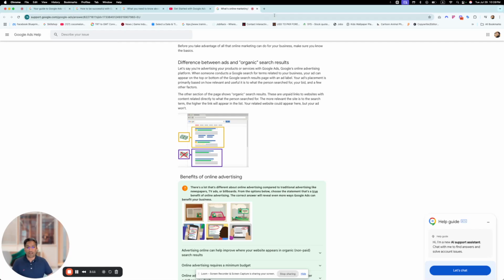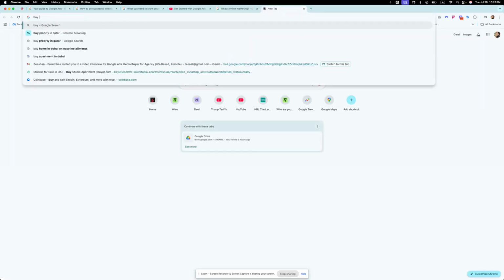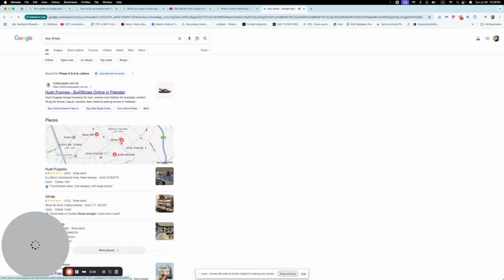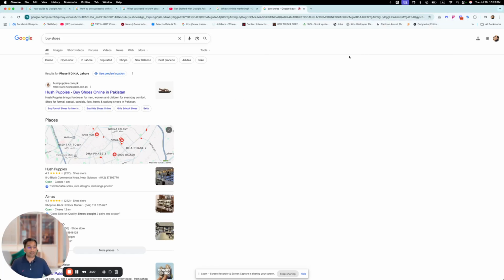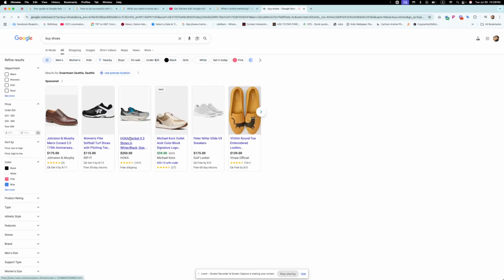To have a live view on that, let's go here and type a query like "buy shoes." That's pretty simple. Since I'm from Pakistan, let me turn the ads more globally and see if that turns out to be a different result, which would be a really good example to share.